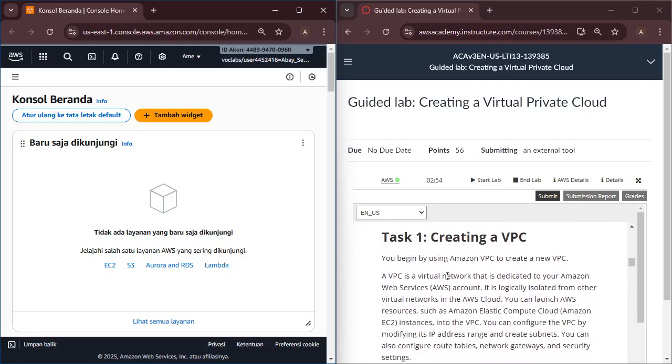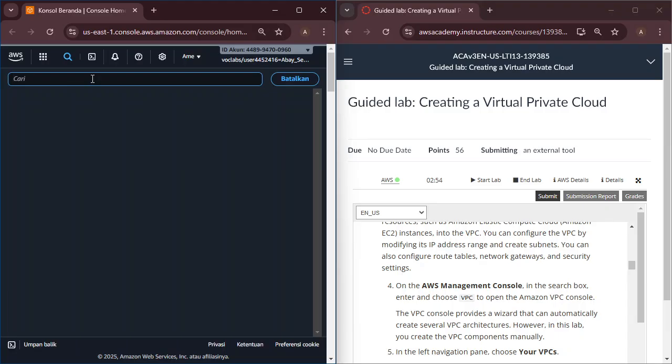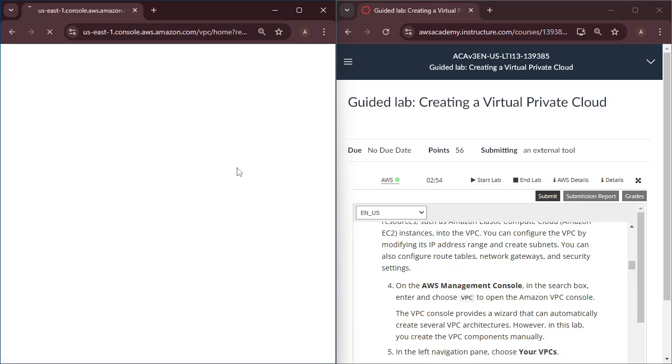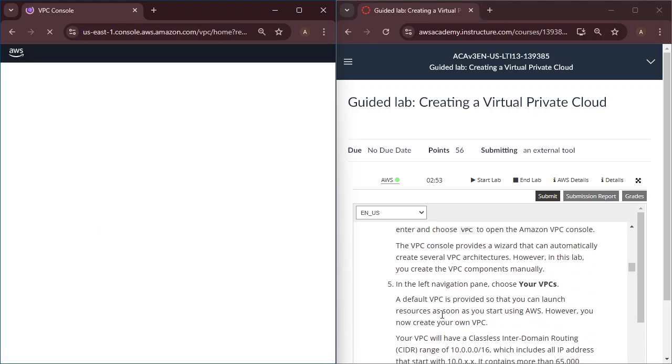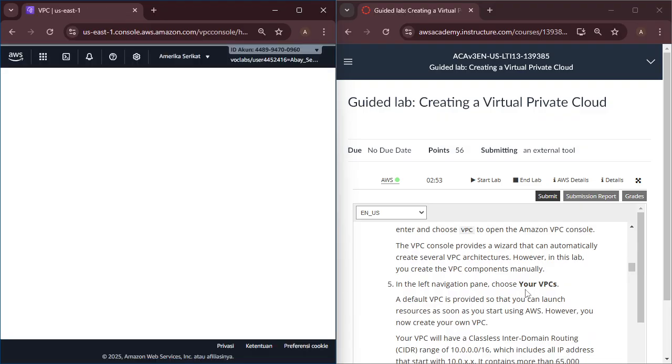Task one, creating a VPC. On the AWS Management Console, in the search box, we search VPC. On the left page, we choose Your VPCs.